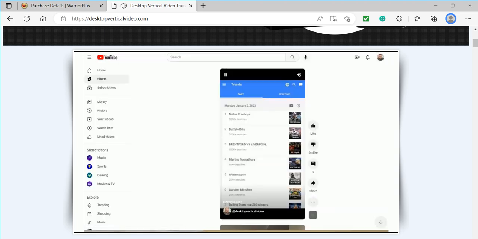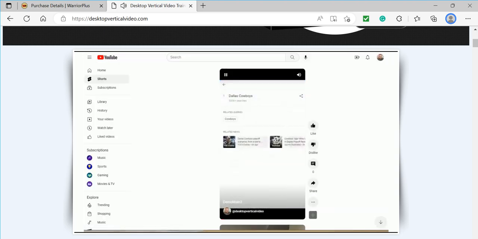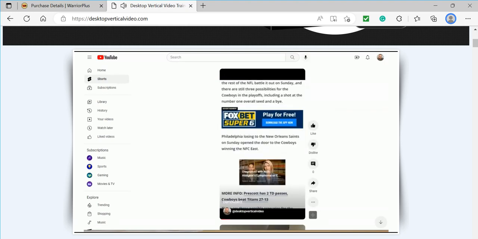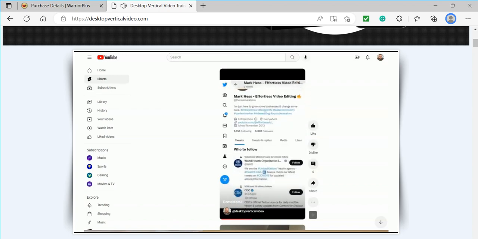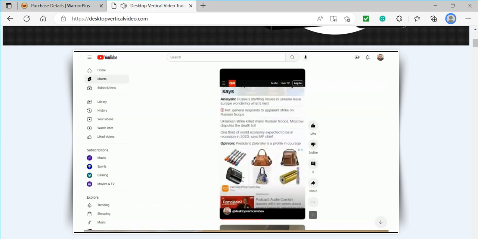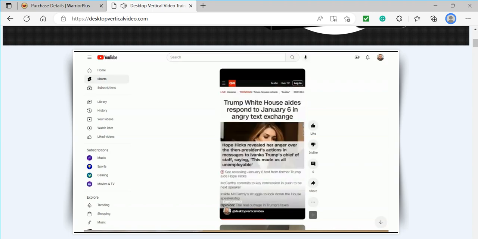You can go to Google Trends and instantly tap into Google Trends by simply clicking on something, then going to a site. You could go to the site and talk about absolutely any news story, and you can circle things and you can highlight things. You could show people your social media profiles or Twitter. You can comment on the latest news stories. This is an excellent way to create content, and the best part is right now is the perfect time to get in on this